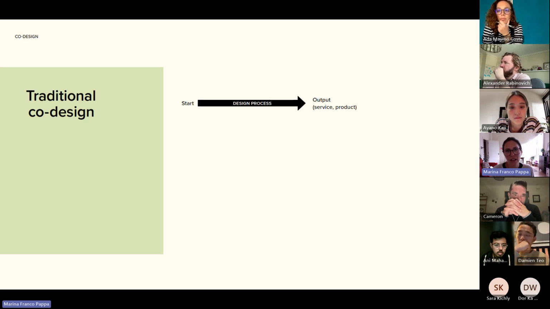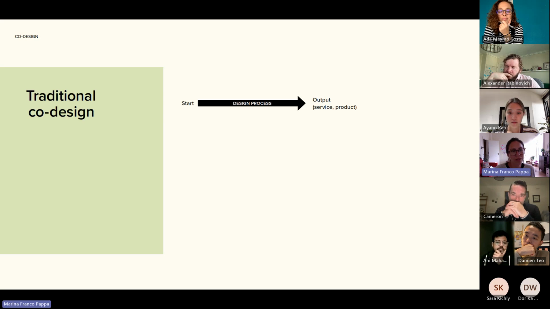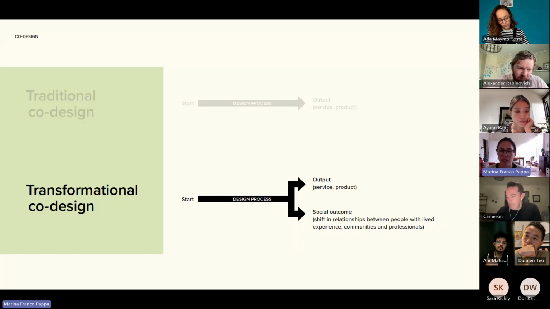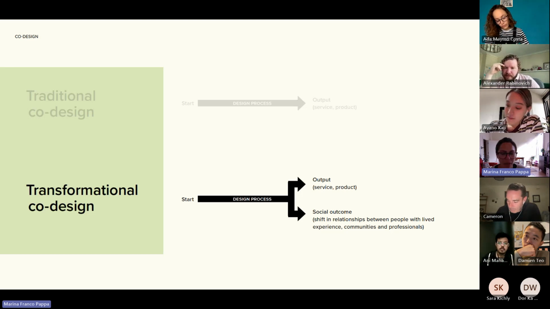I think that's something that we've been taught at UAOL, but I thought it was nice to reiterate that when we're doing a design process. What she says in the book is that in the traditional co-design process, you're mainly focused on the output. But when you are doing a transformational co-design process, you understand that you have an output that is the service or product, which is a bit more tangible in a way. But you also have a social outcome,